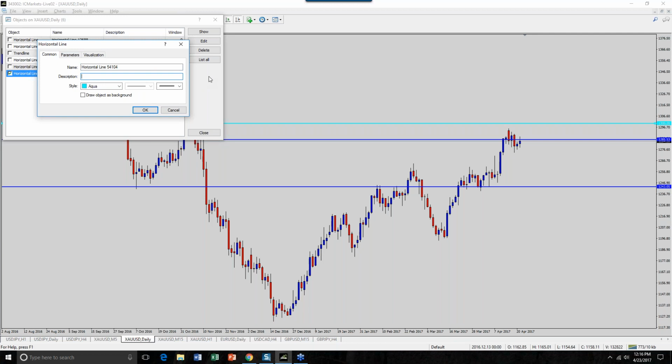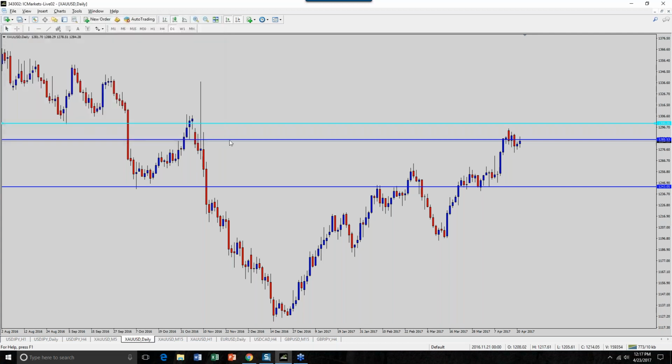You can type, this is key support or key level. So you can give yourself that information, because now I see here is a key level at 1299.82, but it's technically 1300. But that's what I'm saying. So when you start to look at this,